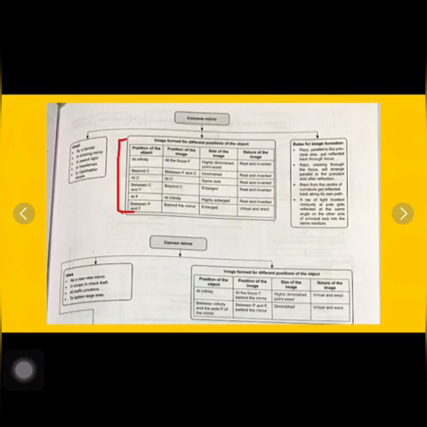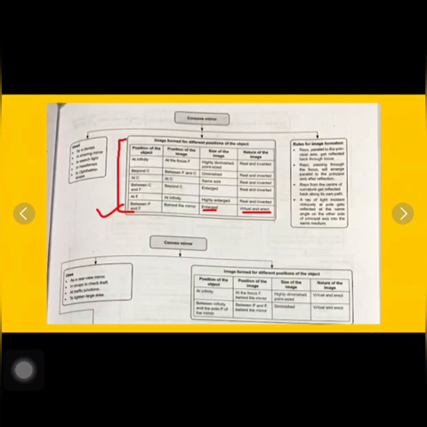These others are the different cases which you can discuss under concave mirror. The last one is important because when you place the object between P and F, the position of the image will be behind the mirror, the size will be enlarged, and only in this case the nature of the image will be virtual and erect. So these are important, and for this you should know how to draw the ray diagrams.